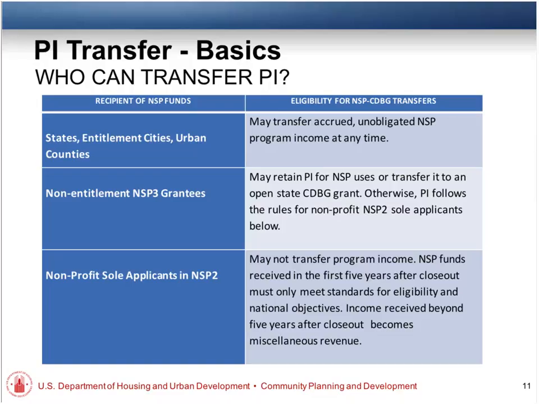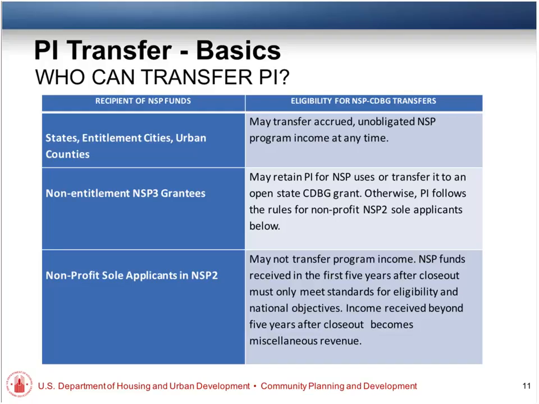If they don't have an open grant, if they had one in the past and they plan to have one in the future, they don't have one now, then they are going to have to continue to use it as the NSP funding. I guess if they get one in the future, they could transfer it at that point if there's still some left. But it's got to be a live grant. So basically the principle here is we're looking for a live connection to an entitlement NSP or an entitlement CDBG program or a state program.